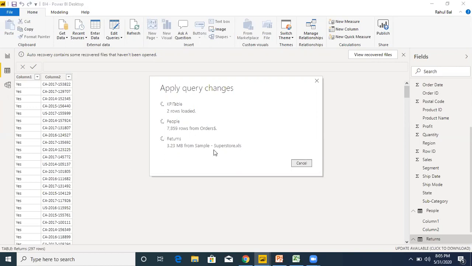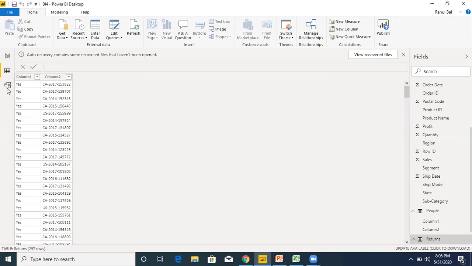Now after loading the data, we will go to the model section and there we will create the relationships between these tables. As I said, if common columns are available in two tables, then that will create the relationship automatically. But here, we have created one table which is the KPI table. So I want to create the relationship of the orders table, in which we have used that KPI column, with this KPI table, because those two tables should be related to get the proper images.